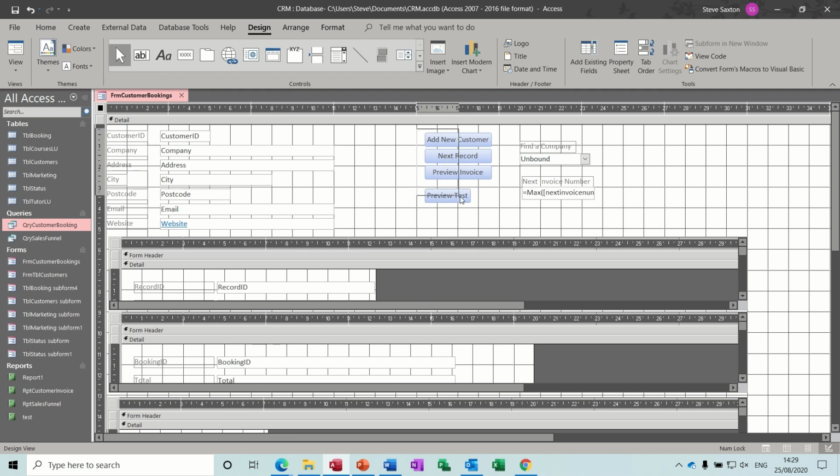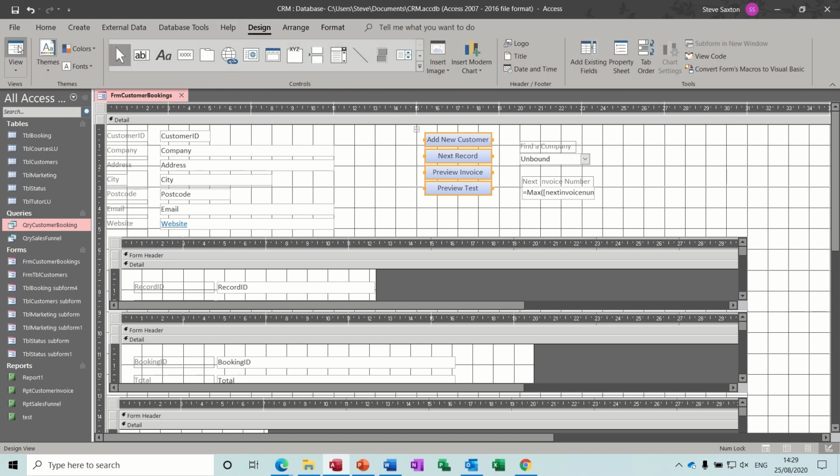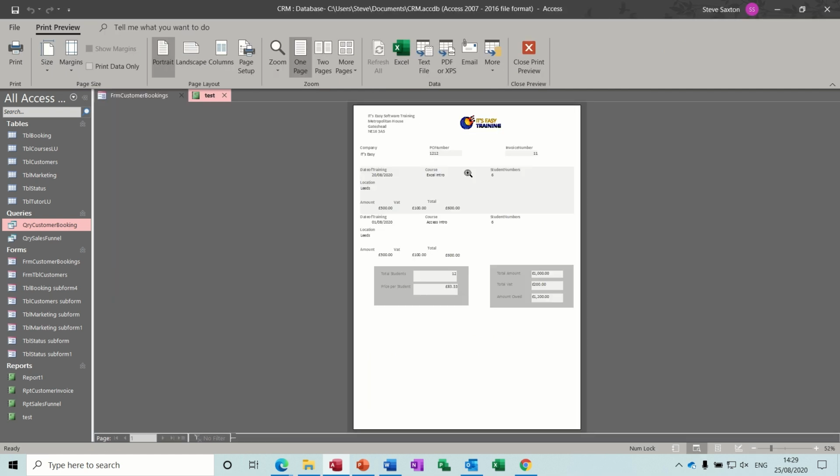And then highlight those, go to arrange, stacked, nice and neat, and then back to design, view, test it, click into invoice number 11, yep, there she blows,